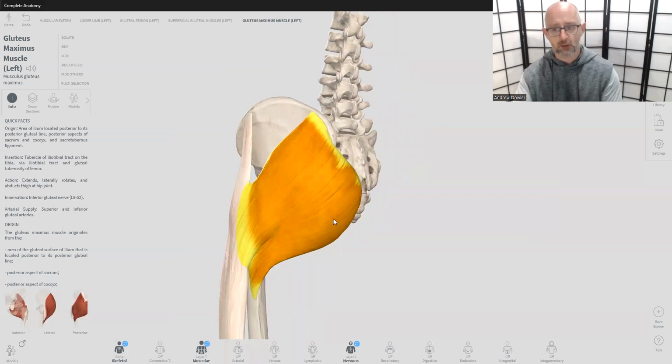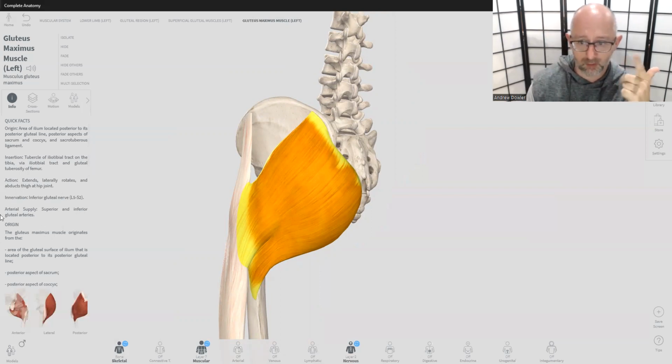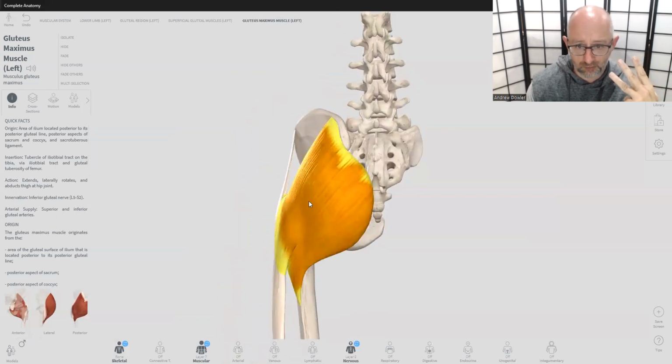So this is why you learn how to squat. This is why you learn how to hinge. This is why you learn how to lunge. This is why you learn how to do step ups. Because those 4 key exercises, a squat, a lunge, a hinge or a deadlift, and a step up, all train this glute max. And when this bad boy gets strong, a lot of mechanical back pain issues can just disappear because of the strong driving role of the glute max,